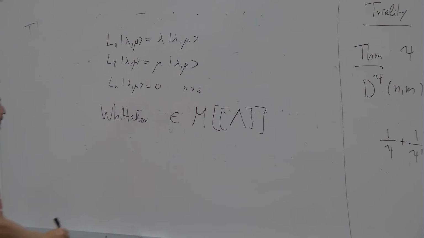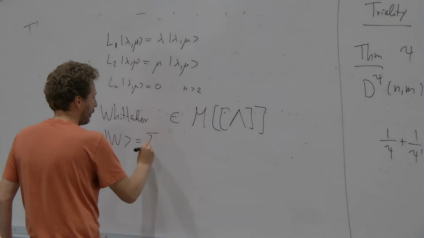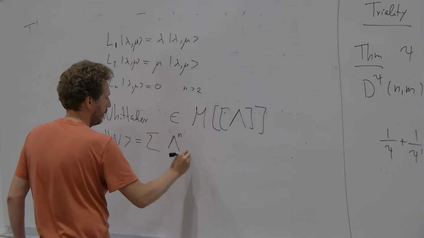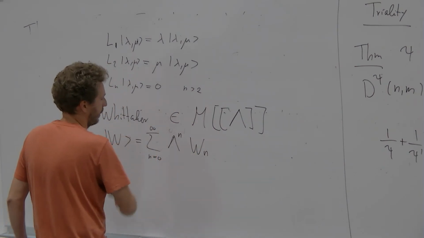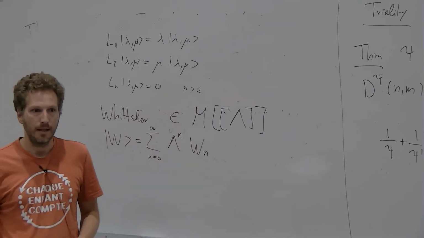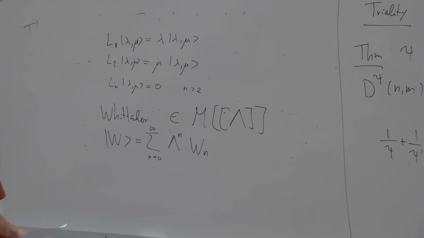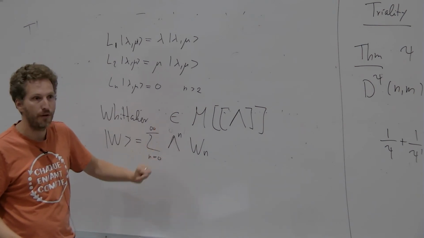And so this means the Whittaker vector, let's call it W for Whittaker, is a sum of lambda to the n times W_n, where these W_n live in certain graded subspaces. In these cases, it will in fact be exactly the subspaces of corresponding conformal weight. And then the Whittaker vector Schiffmann-Vasserot talk about has actually the eigenvalue for the corresponding positive mode lambda, this formal parameter.